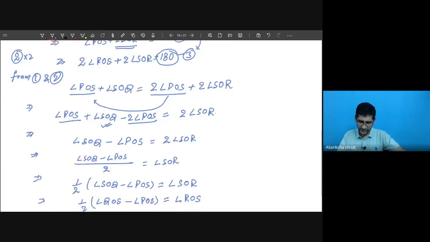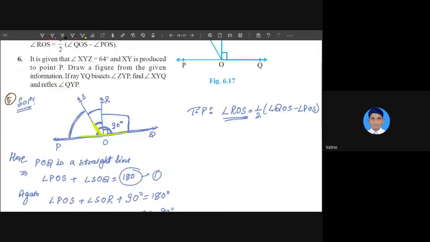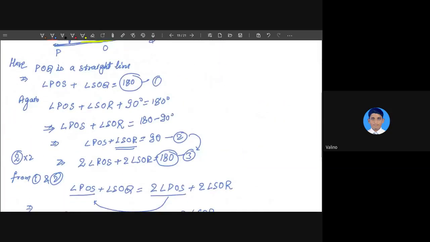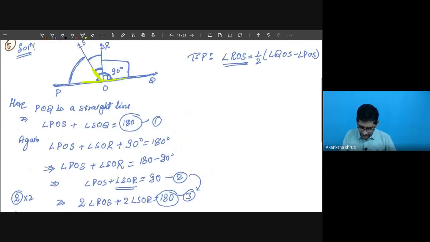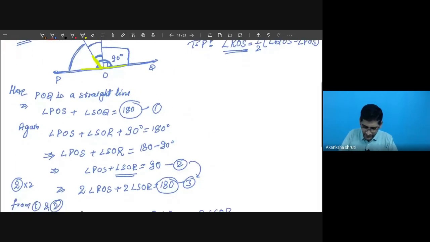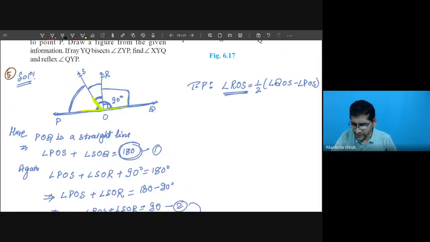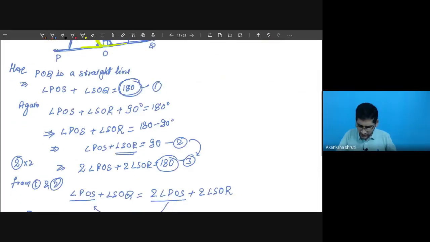So it's so simple. This way you have to just, sir, to equate it, do we have to multiply it by 2? Yes, or you may just substitute. The ultimate purpose is to remove this 180 degree. Student, what is to be proved, that you have to observe. In this proof, do we have any angle of this value, this much angle or something like that? No. So yes, our purpose should be that this number 180 degree needs to be removed. So from equation 1 we are getting 180 degree, but from equation 2 we are getting this as 90 degree. So how can we remove this?